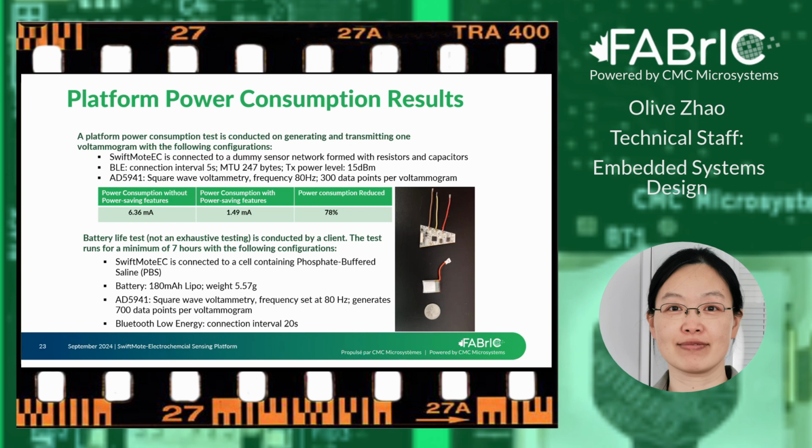The battery life test was conducted by our client, the Sherbrooke University team. Their application requires a runtime of 6 hours. The test setup includes the mote connected to an electrochemical cell containing the PBS, and powered by a LiPo battery. The battery is slightly larger than a quarter, as you can see in the picture on the right side. Its weight is about